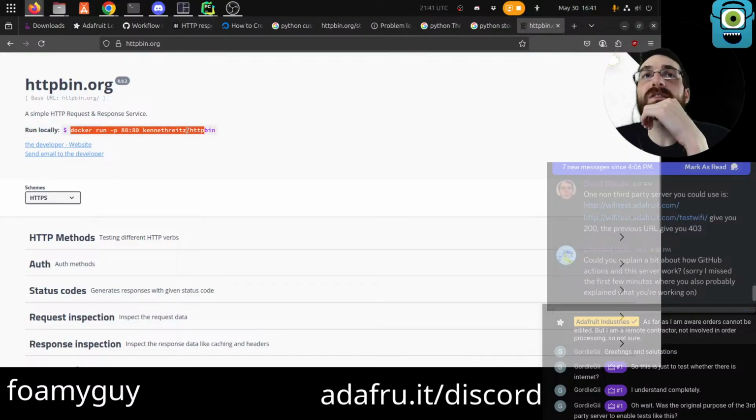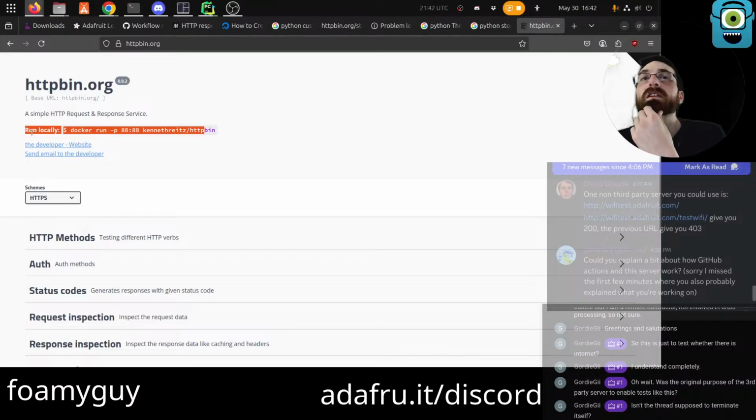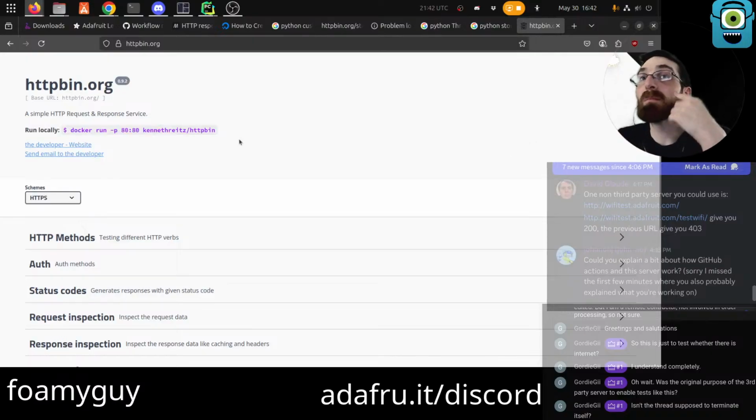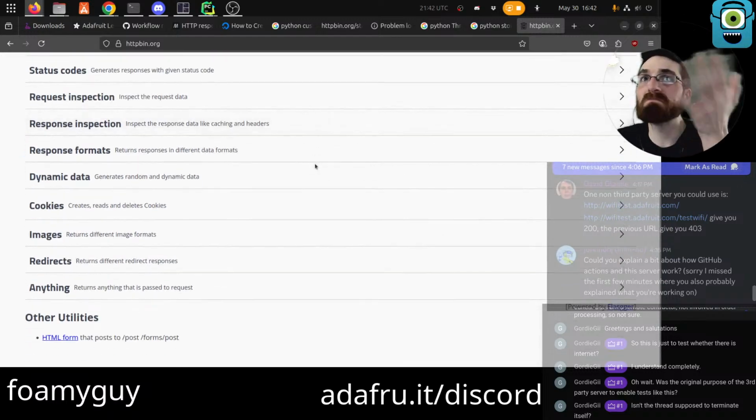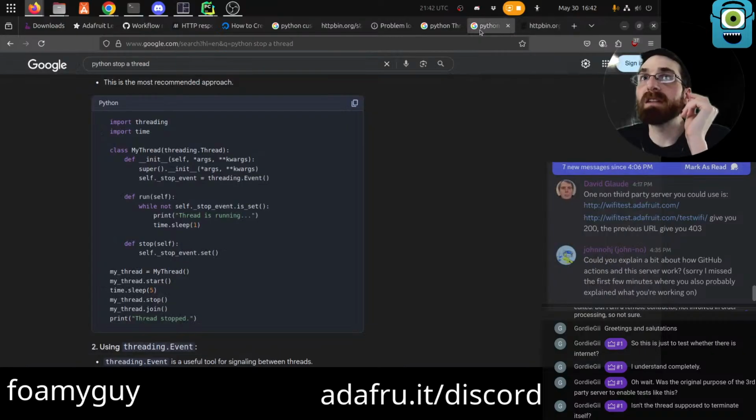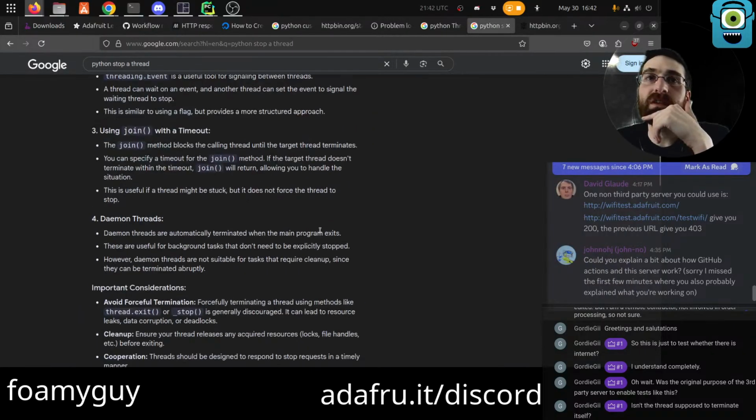Interesting. We could actually just run the same server locally. I mean, we already made it this far, and I kind of want to continue down this path, because this actually does a bunch of stuff that we don't need. But if we were to expand it any further than what I've done, it might make sense to just run the actual one somehow. I didn't realize that you could host it yourself.